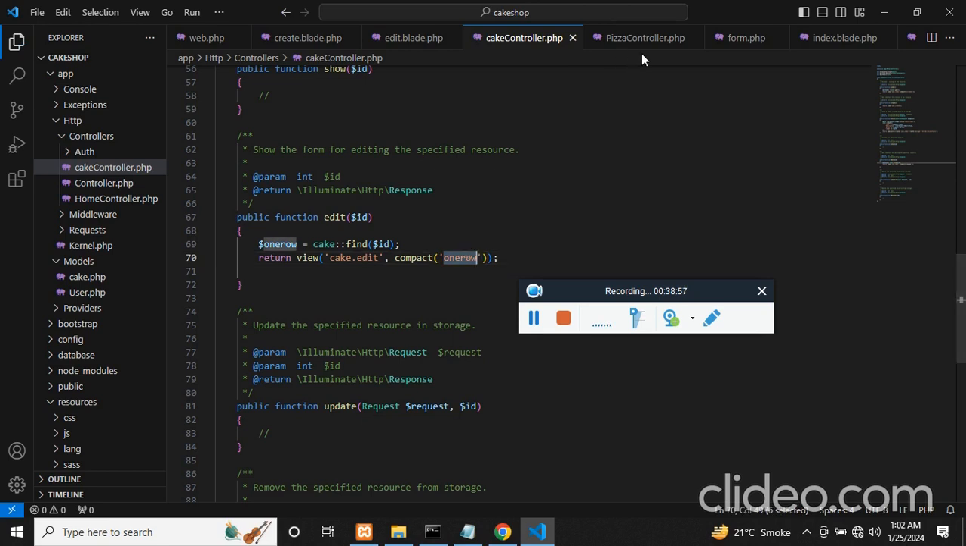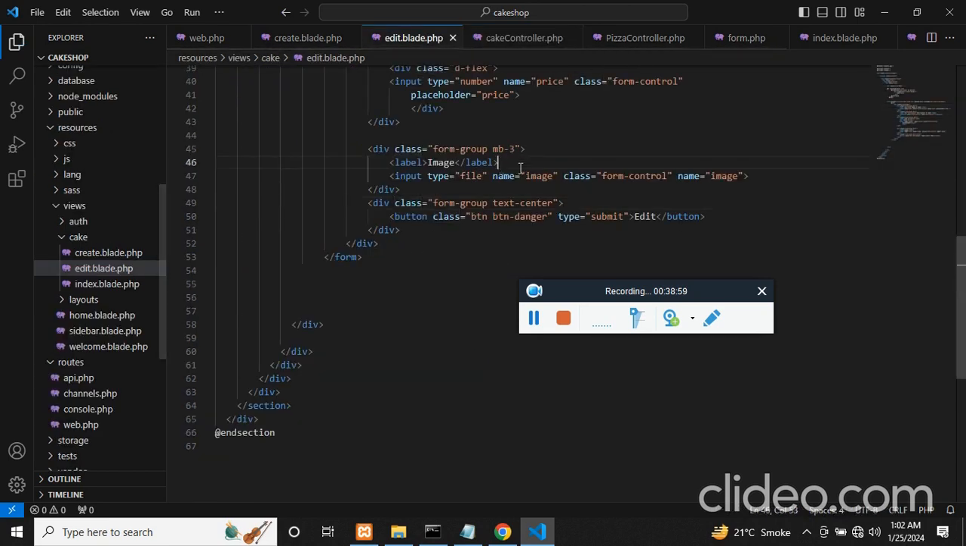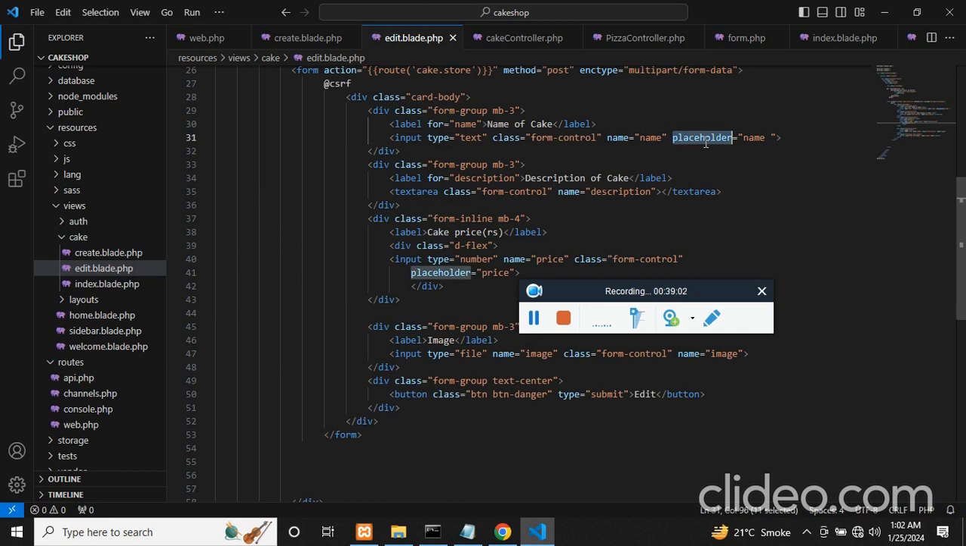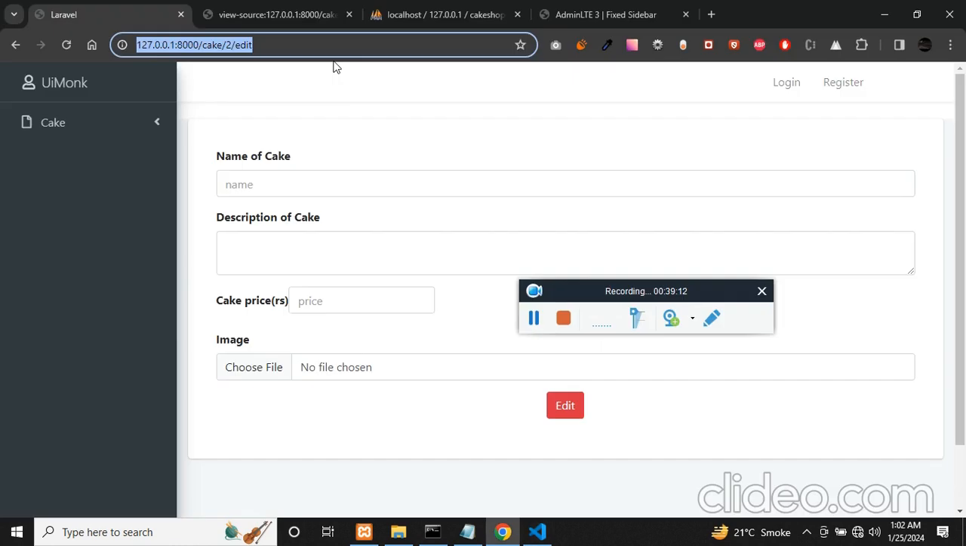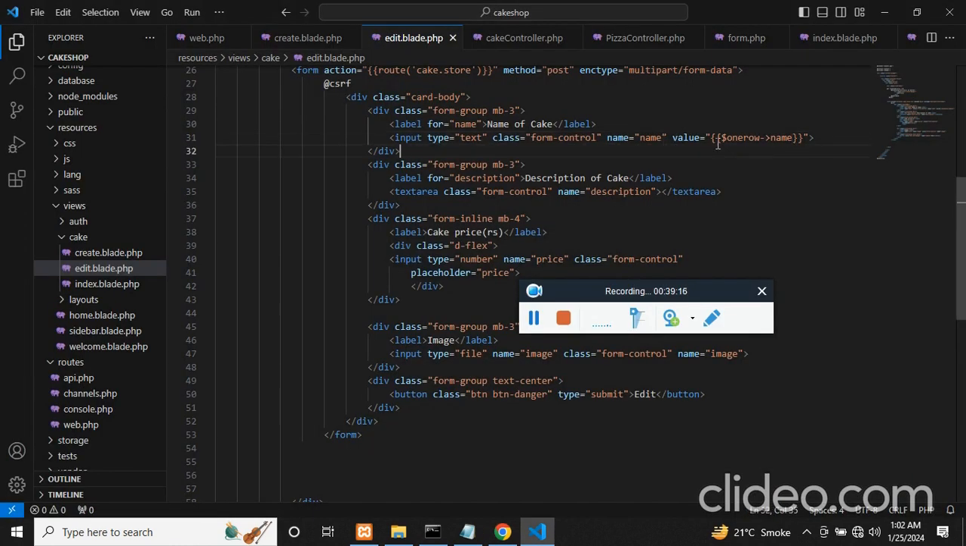And now we can access this one row in the edit, and since we know, we'll change the value and we'll use the blade symbol and $row. The name of the column is name. Let me just check whether the name is there. Yes. The same way in the text area, it's description, and for the